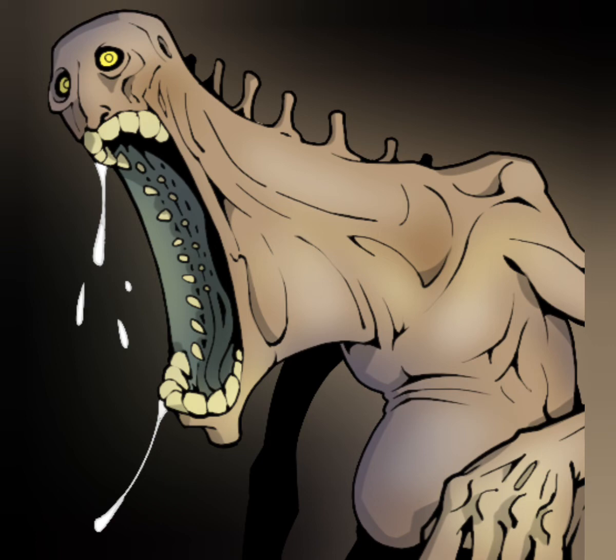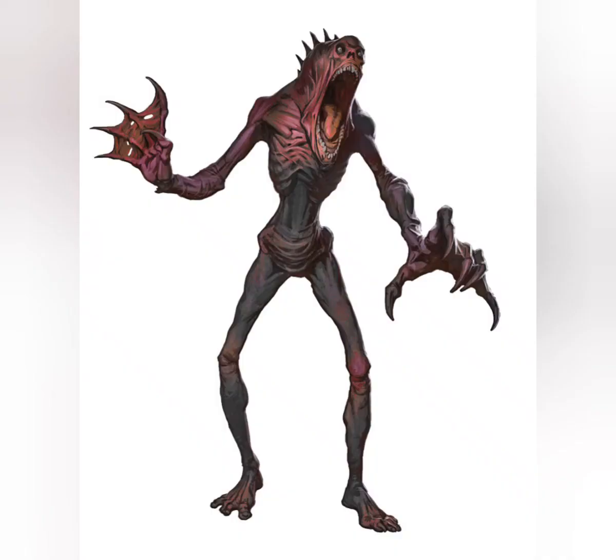But you could have the Hungry want to devour everything, not just flesh. The player's equipment, animal companions, depending on how large you'll allow them to open their maws, they could try to devour their tents or carts. Perhaps a few of the Hungry show up to the fort or keep of your players and begin eating their home piece by piece until they make it inside. Imagine hearing multiple rumbling stomachs on the other side of your wall. Now you know the voracious appetite of the Hungry. Will your players be their